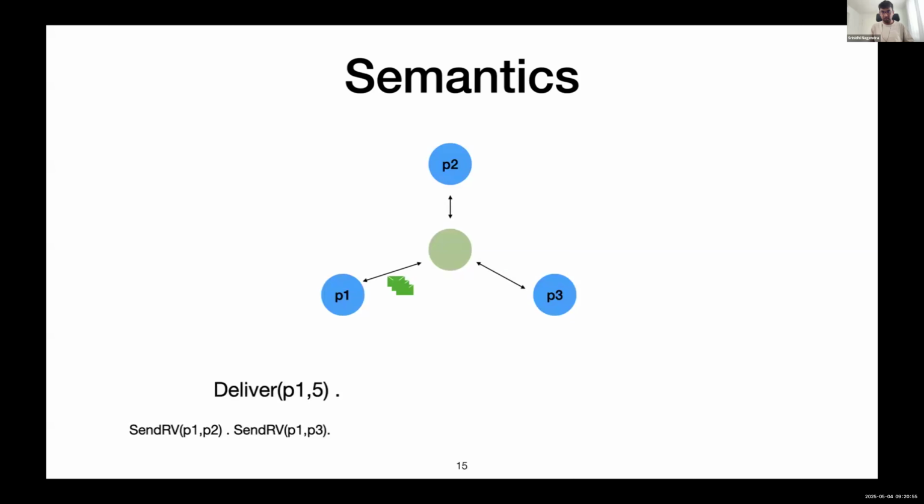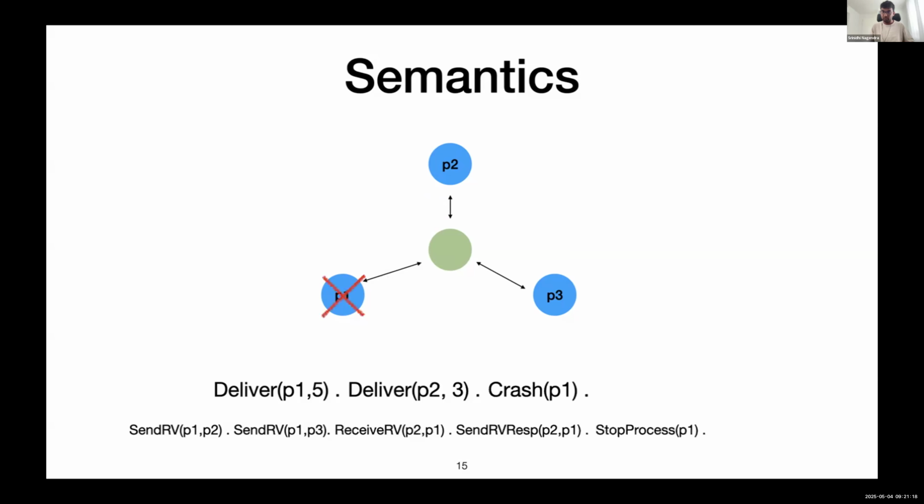Okay, so let's run through it one more time, and I'll show you what we capture. Once we deliver messages, we capture events in the processes. In this case, you can see that after delivering 5 messages to P1, you have some send events: it received a request, and now it wants to send back the response. So you get some events.